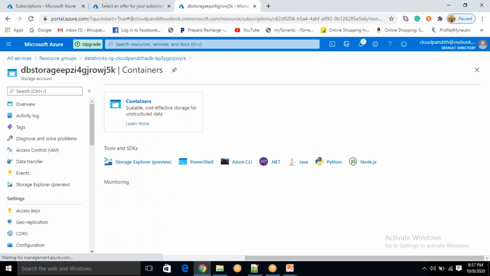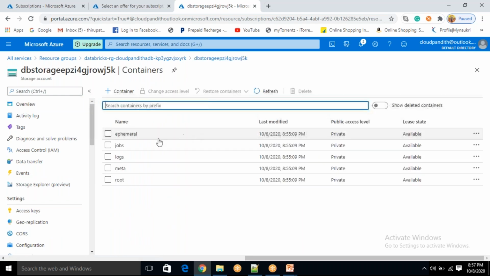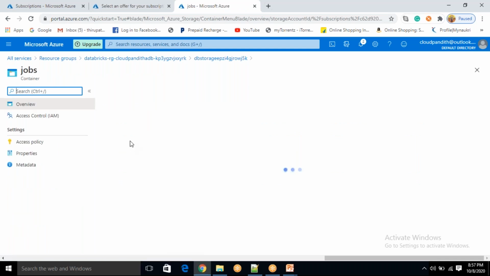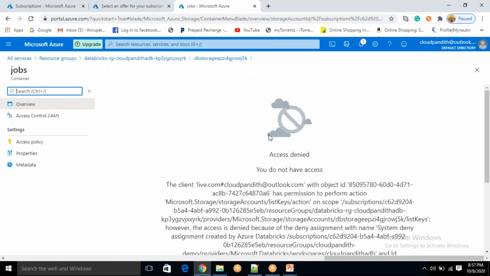Click on container. So jobs, logs, metadata, root, and ephemeral. You have all these things. As I said, it's an abstraction layer. If you try to open these folders, you will not be able to open because it will say access denied or something.